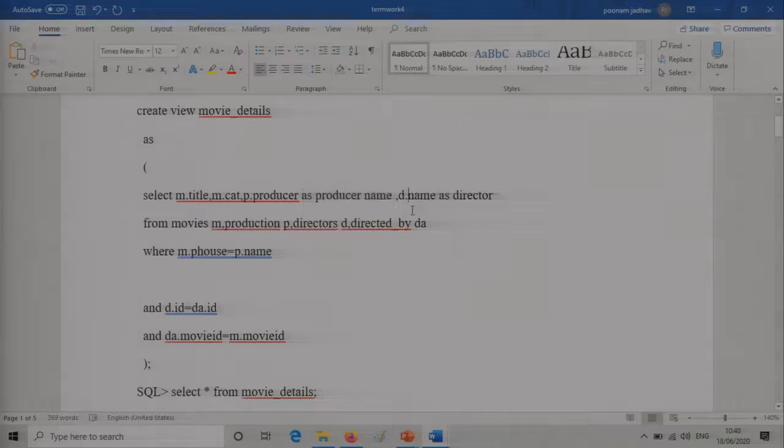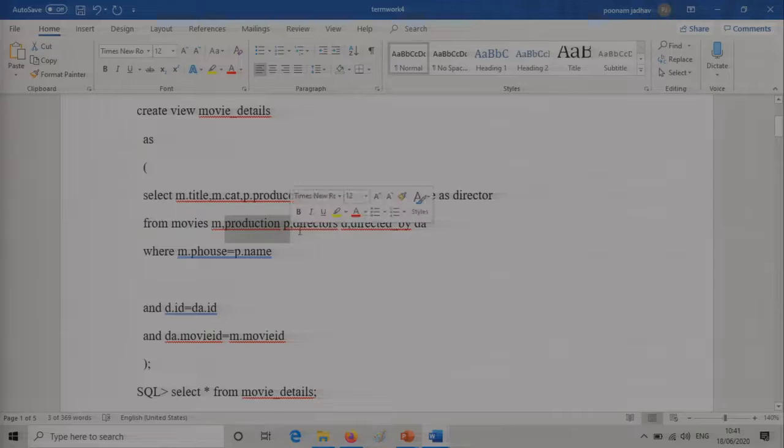So what will happen is, whatever has been selected from the producer table, this column, will be given a new column name, that is producer name. Similarly, D.name will be given a new name, that is director name. Okay, so this is what will happen.